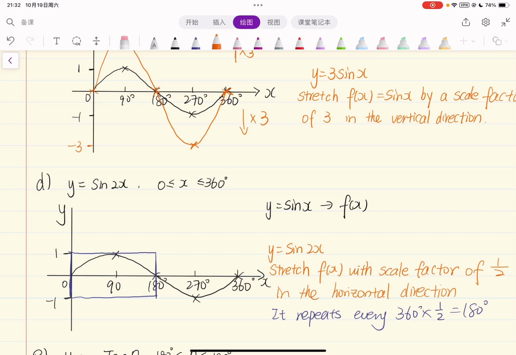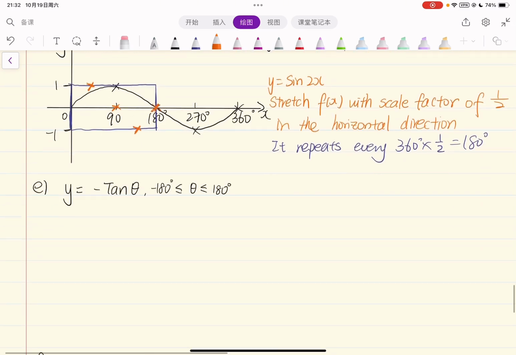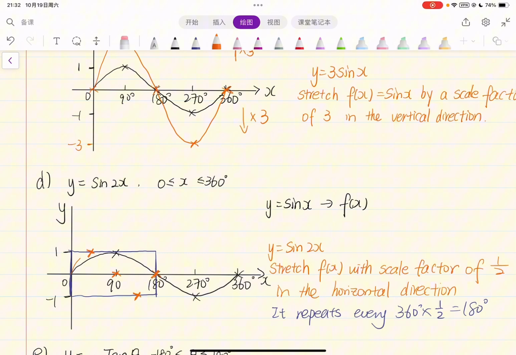Thus, we can draw that at x equals 45 degrees is 1, and 90 degrees is 0, and 135 degrees, that is negative 1, and 180 degrees, that is 0. So we have the curve like that in one period,